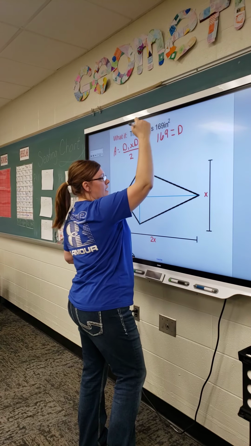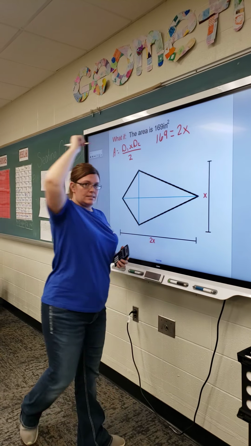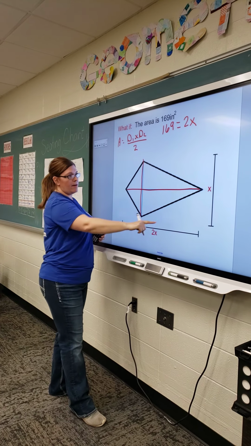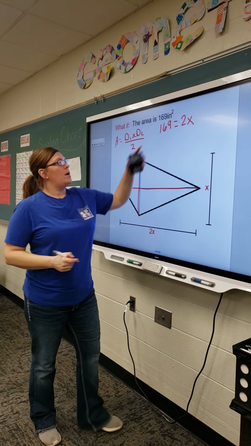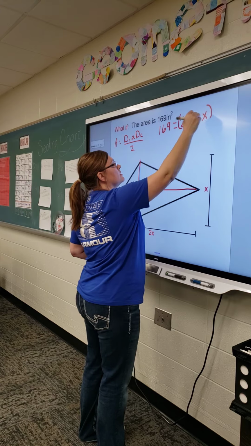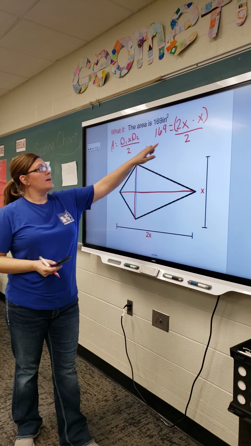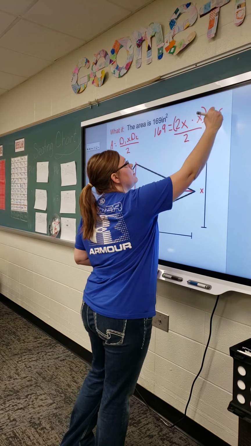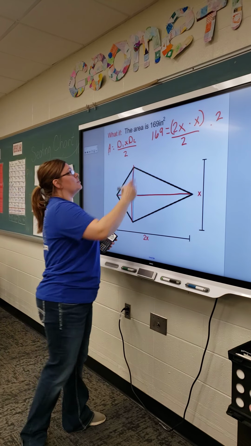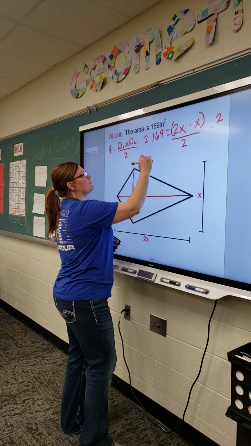169 equals diagonal 1, we're going to do 2x. This diagonal is 2x. This diagonal is x. Okay, I have the values here and here. So diagonal 1 times diagonal 2, which is x, divided by 2. Okay, I am going to kick this 2 out, so I'm going to multiply this side by 2. What you do to one side of the equation, you have to do to the other. So I'm going to multiply this side by 2, and we get 338